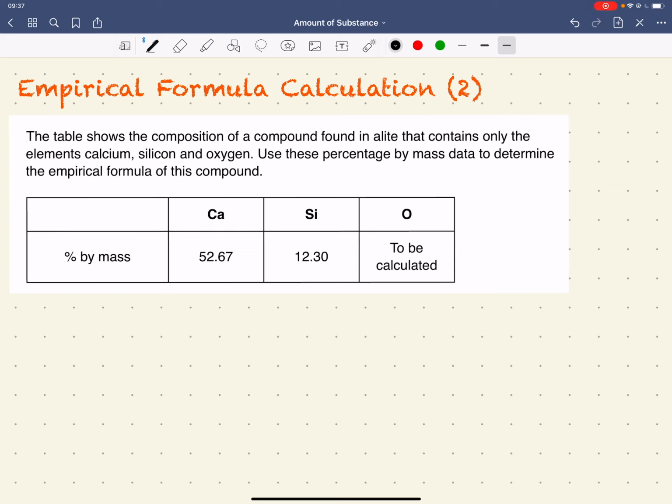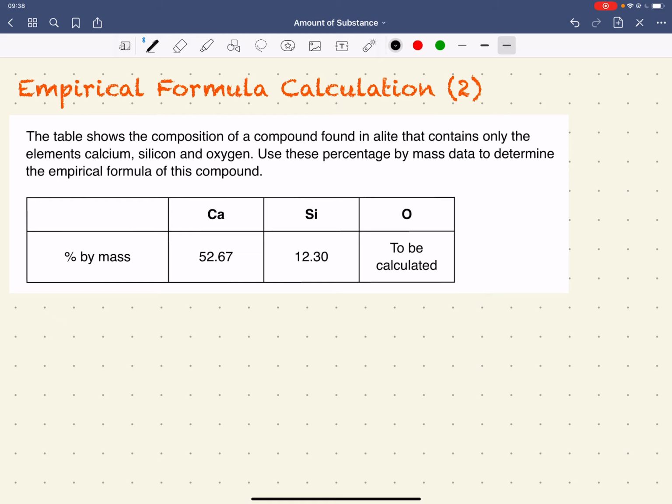Here we're going to take a look at an empirical formula calculation from a previous exam paper, an early exam paper. In the empirical formula calculation 1, we went through a simple example of how to calculate an empirical formula, and we're going to follow the same sort of procedure here. Again, ideally, in any of these videos that involve a calculation, you should be looking at the question, pausing the video, seeing if you can do the question,